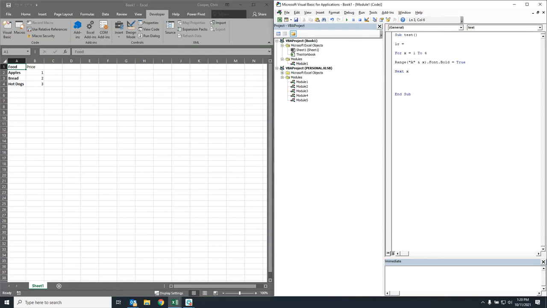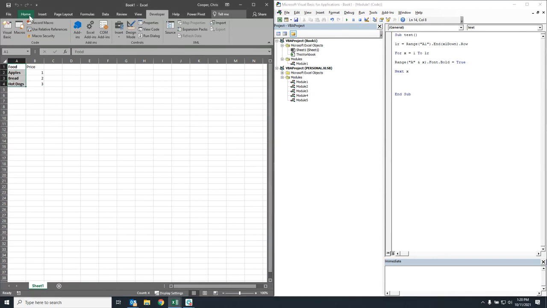The LR, or last row, is equal to range A1 dot end, XL down, dot row. That gives us the range A1 dot end XL down, which is this, and then it returns the row, which is 4. And then we can say, instead of 1 to 4, we can say 1 to LR,